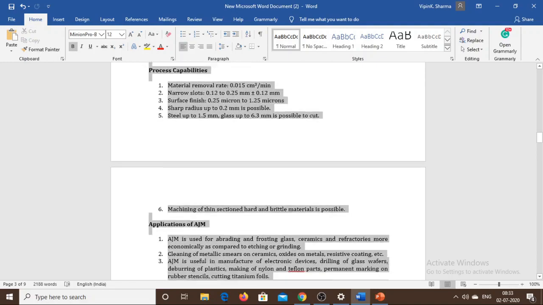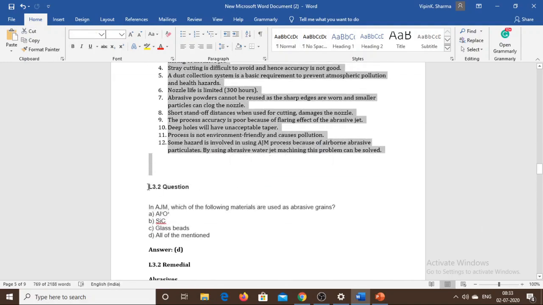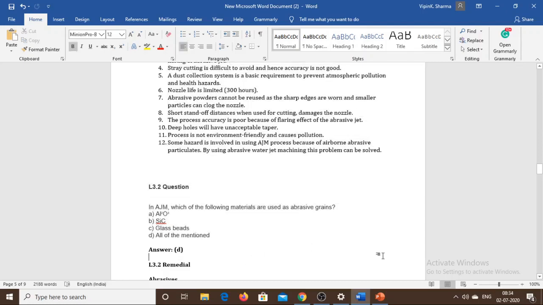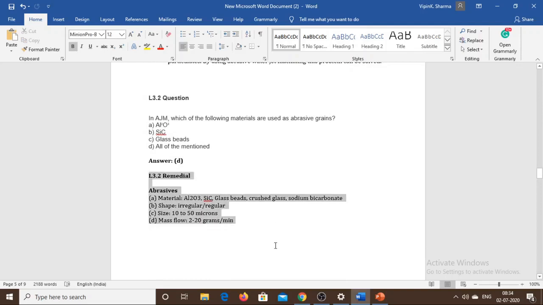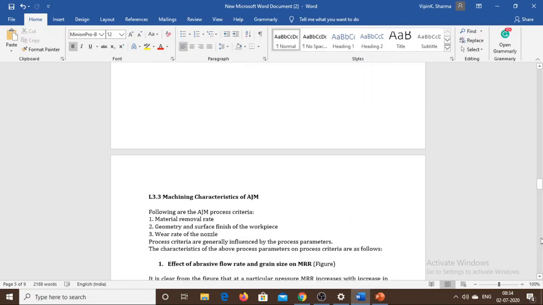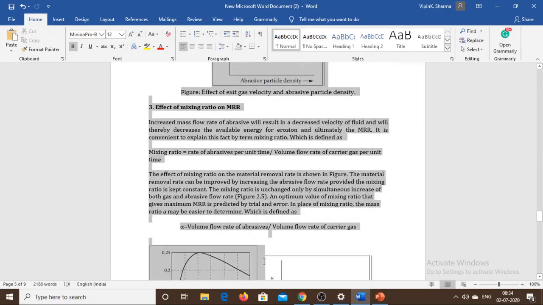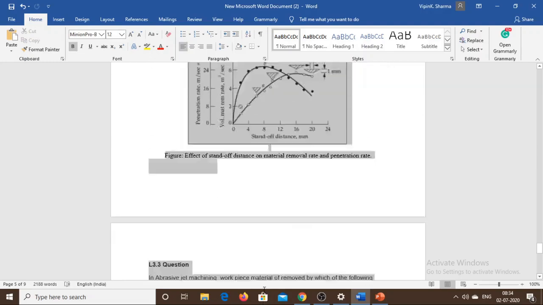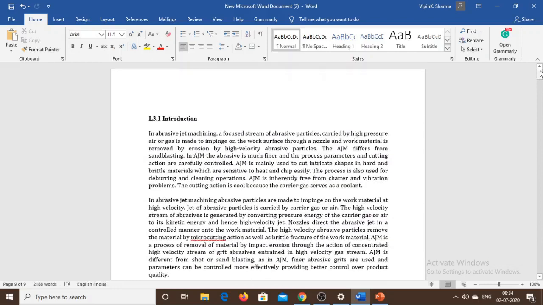This is the second subpart, and this is the question based on that material, and this is the extra material for the student for better understanding. Similarly for the third part, this is the theoretical explanation of the process, this is the question, and this is the remedial material. So we just have to copy paste the material from this file to the activity page of the content.